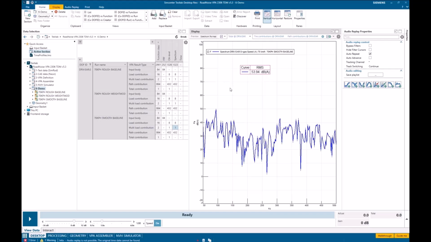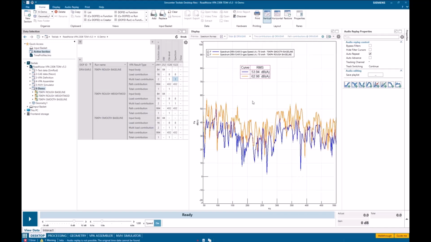What happens if I take that same design, but I drive on rough road? I can find that same result, but now under this run, I drop it in here. Oh, and we can see across the board, as we'd expect, the noise levels go up across the frequency spectrum. Again, this is to be expected. So we go up, I don't know, 9 dB or so.